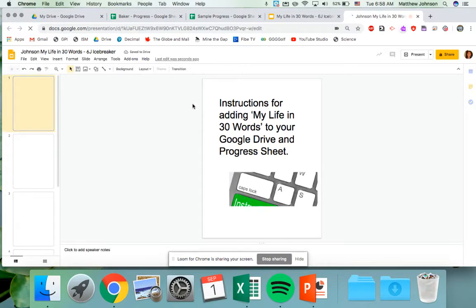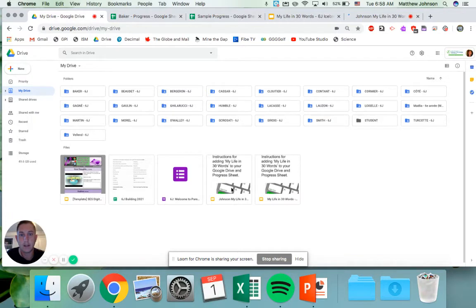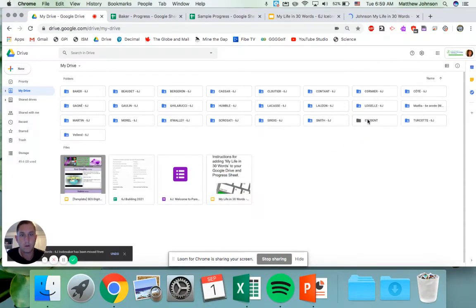If you go back to the home page of your Google Drive, you will notice that the assignment has appeared here. The next step is to add this into your 6J folder. Click and drag. Once it's in the folder,